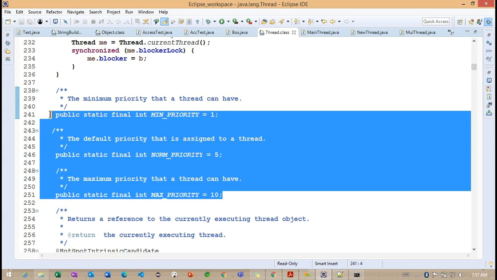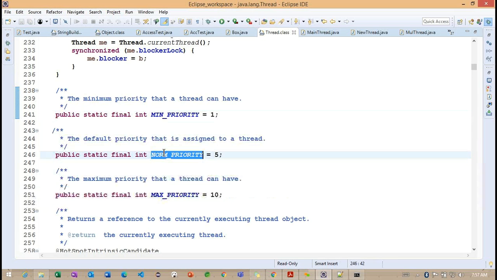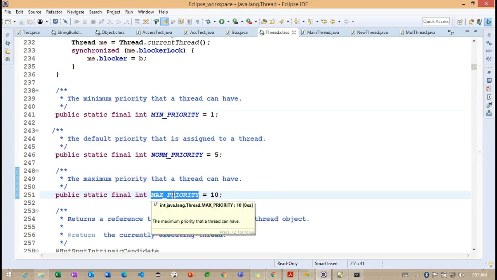If we declare final, nobody can change the min priority variable value. Okay, so that is final. Static means that without creating an object, we can directly call the variable name. So directly we can call these particular variables: norm priority, min priority and max priority.